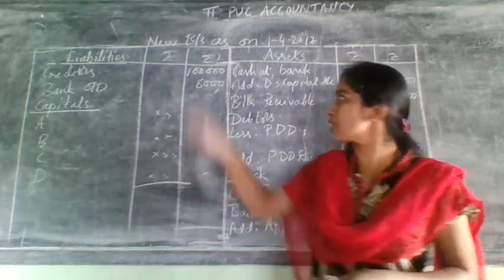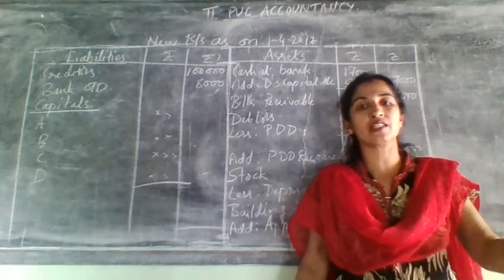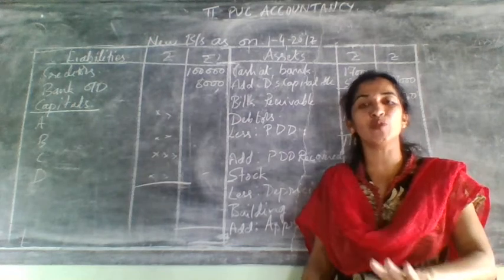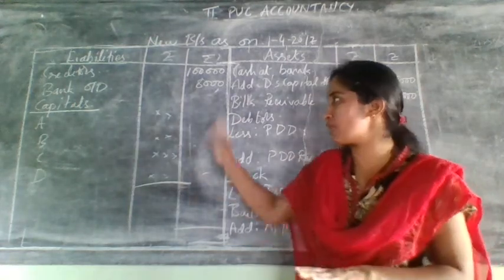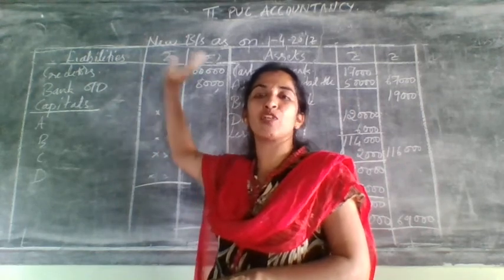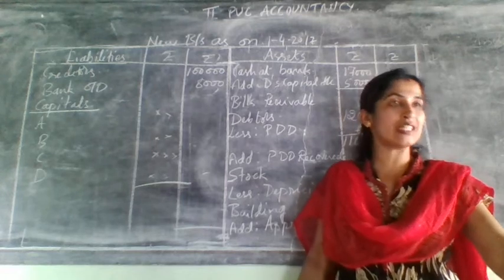So when it was decreased, why would you show 1 lakh? Instead of 1 lakh, how much? 2,000 less. That means it will come to 98,000. Your creditor value, now you need to pay only 98,000. That's why it will come on which side? Liability side, and you need to minus it from the creditors amount. So I told you the adjustment for the E1.